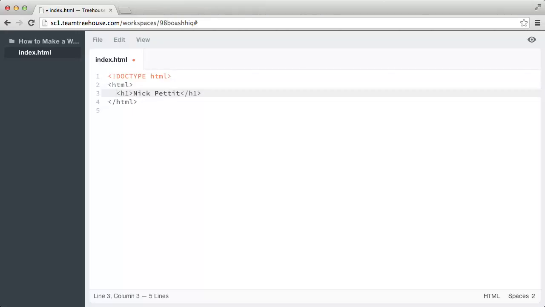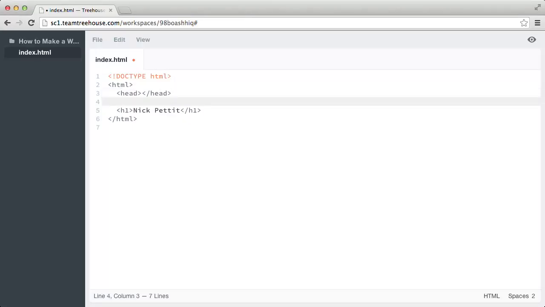Now we're ready to add two more elements to our page, which are the head element and the body element. Both of these need to go inside of our HTML element. I'm going to type head, and I'm just going to leave that right above our H1. I'm going to go to the end of the line and create a new line, and then I'm going to type a body element. Once again, our H1 element needs to go inside of the body,